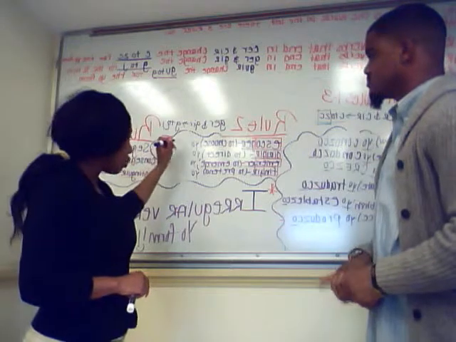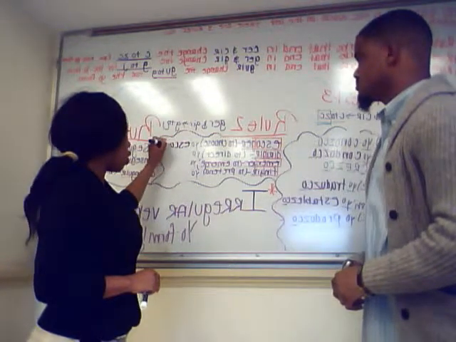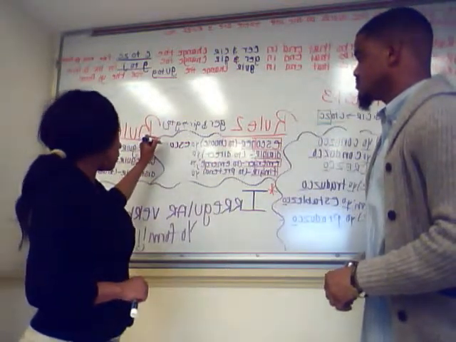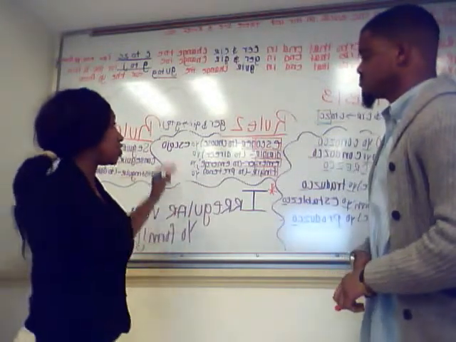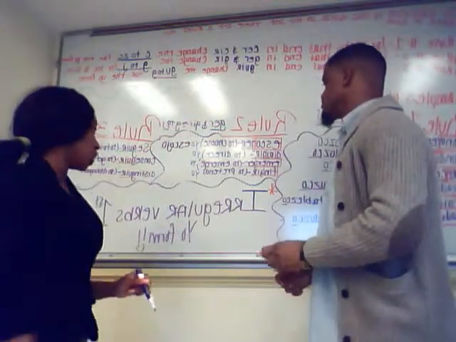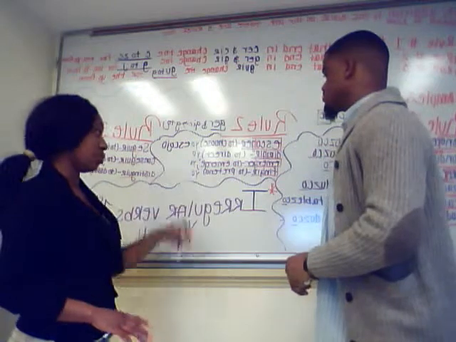So with our GER, we're going to write in ESCO. Now we're changing that G to J. So it's going to be JO. The reason why we took off the ER is because it's GER. Once you get to that G, everything behind it changes. Because we're still using yo form, we have to keep that O.